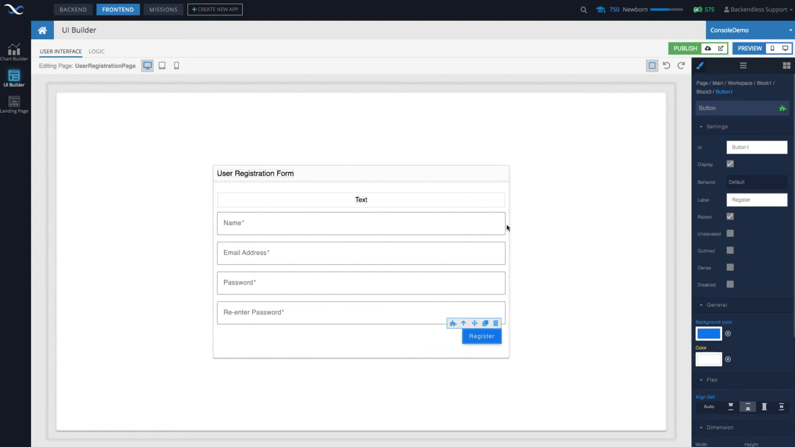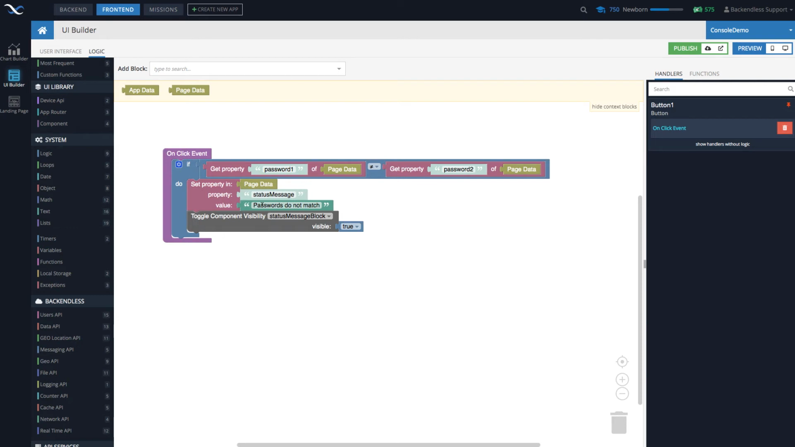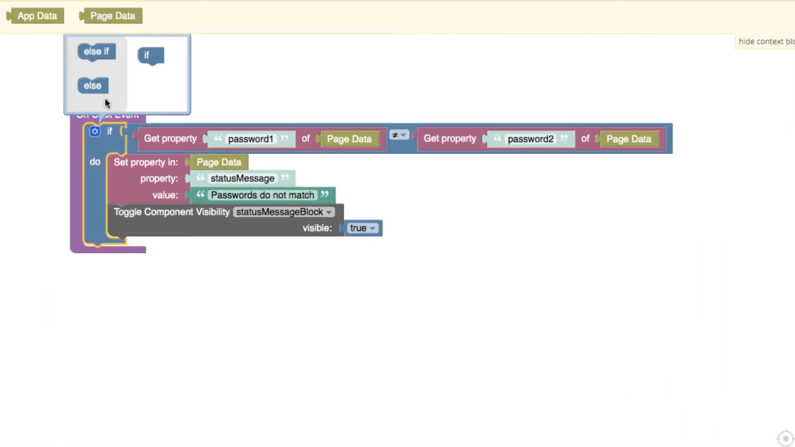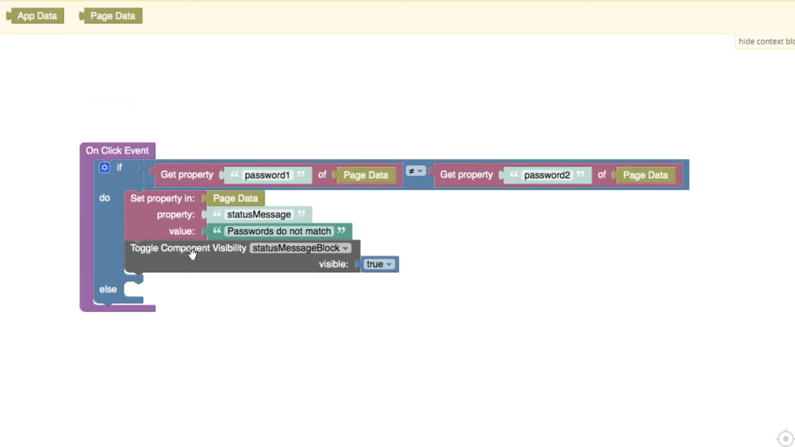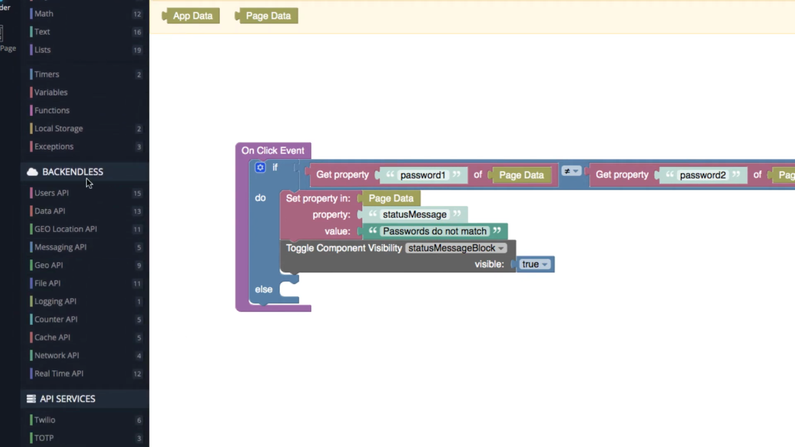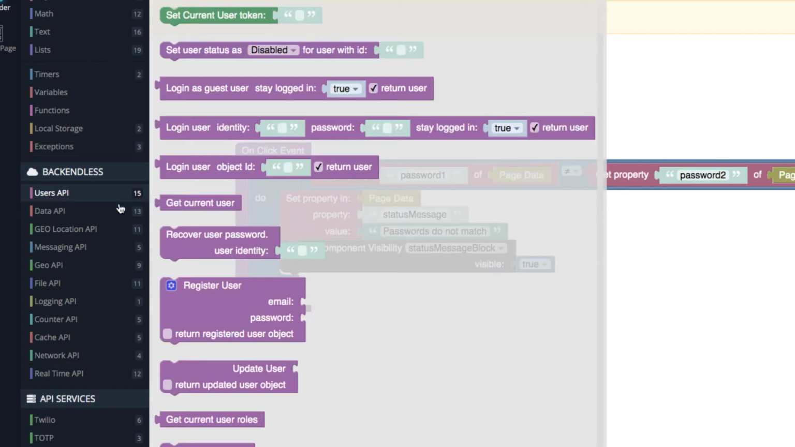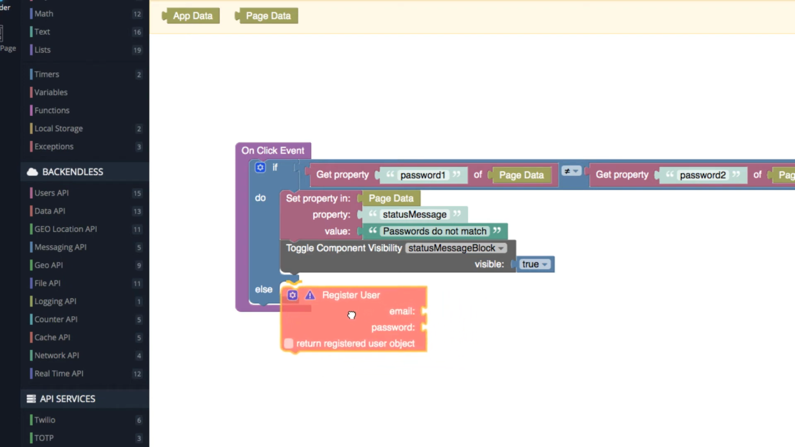Let's close this. And in the next step of the evolution of our logic, we can add the actual user registration. And this will happen in the same codeless block. And here, if the passwords do not match, we have this logic. Let's add the else part. And else would mean that the passwords do match. Then in this case, we could actually register the user. The user registration functionality is available in a single block that is sitting in the backendless category, and the section will be users API. In here you'll see register user,